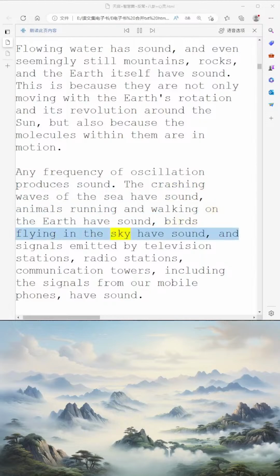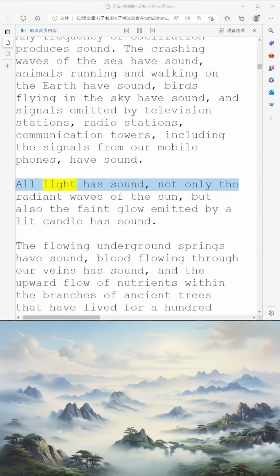Birds flying in the sky have sound, and signals emitted by television stations, radio stations, communication towers, including the signals from our mobile phones, have sound. All light has sound, not only the radiant waves of the sun, but also the faint glow emitted by a lit candle has sound. The flowing underground springs have sound, blood flowing through our veins has sound, and the upward